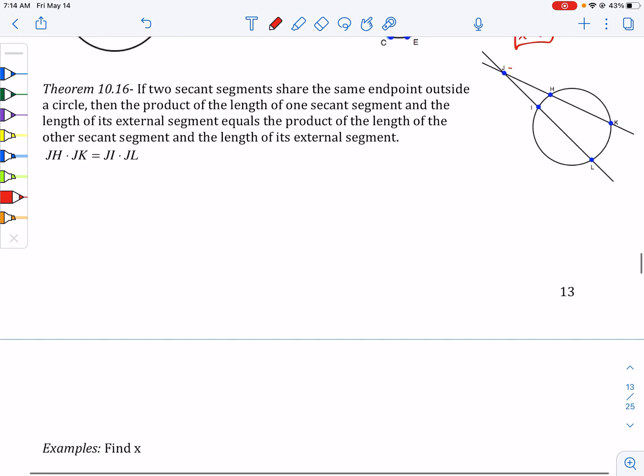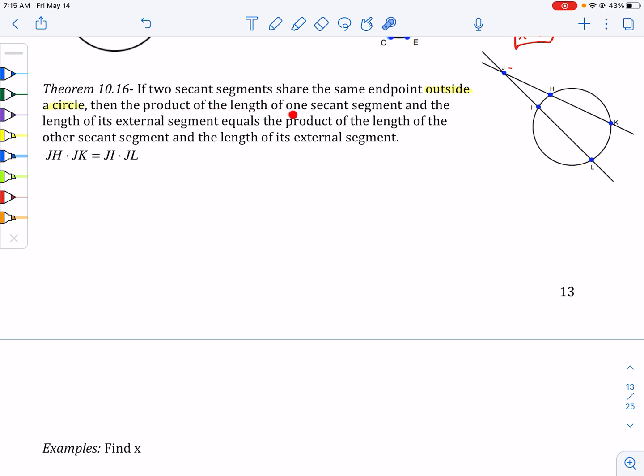Now, the last one was dealing with chords. Now we're going to look at secants. So remember, secants are lines instead of segments. Okay. So if two secant segments share the same endpoint, so this right here is a secant segment, and this is a secant segment because the line goes on forever. So if they share the same endpoint outside the circle,